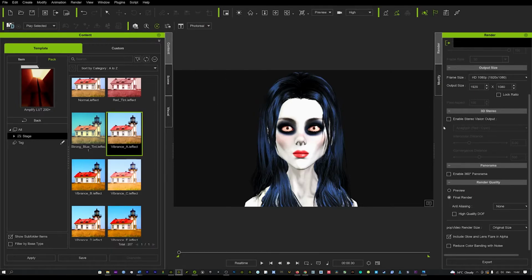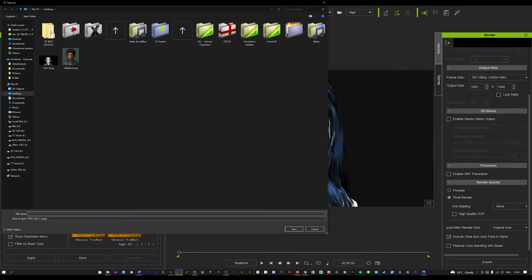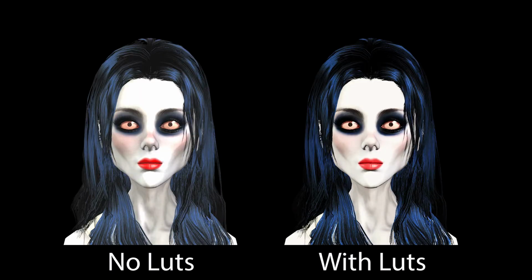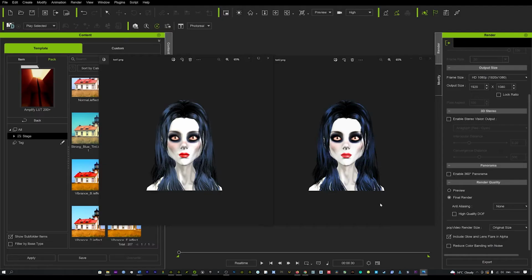Now, I'm just going to again render this off as test 2, and we'll just compare them side by side and see the overall looks. So as you can see, quite a lot of difference going on here. The image pops a little bit more, and it looks a bit more vibrant and a bit more watchable. This one here looks a bit dull, a bit flat, and it doesn't pop as much as the image on the right. So you can see automatically, using the native renderer in iClone, you're going to get a massive difference using those